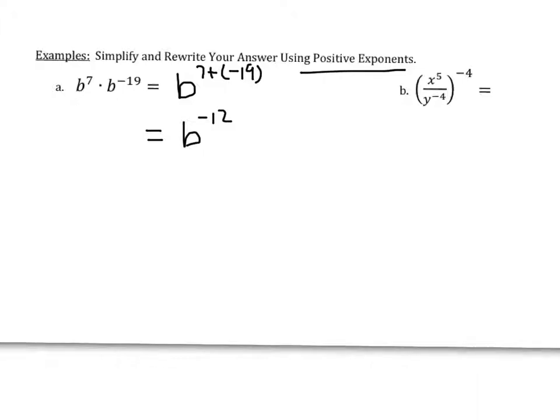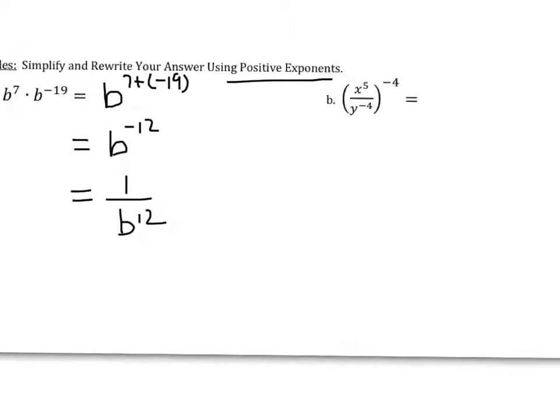And then in order for me to do that, I use my reciprocal rule. I get 1 over b to the 12th. Okay. Our next example I have x to the 5th over y to the negative 4th in parentheses raised to